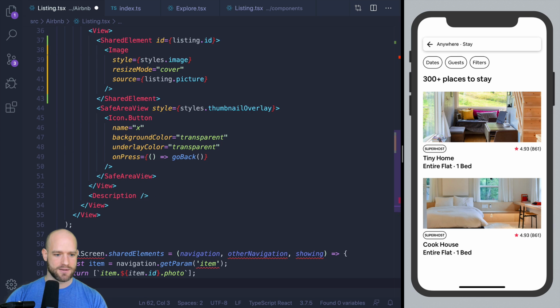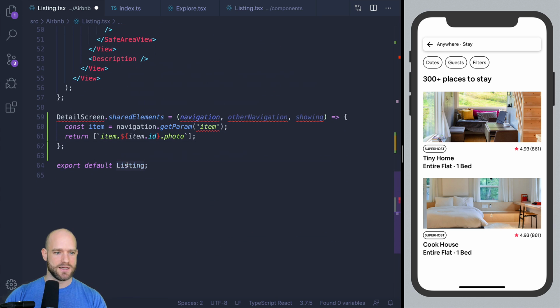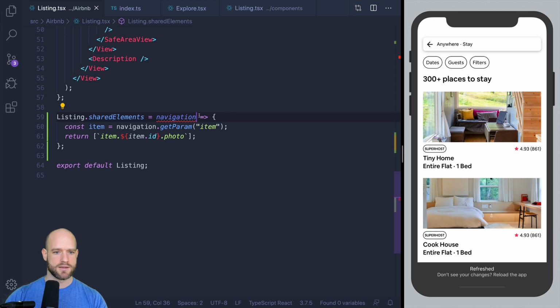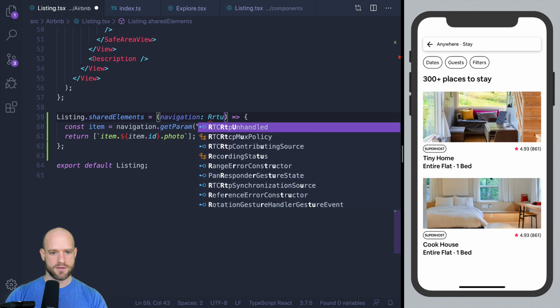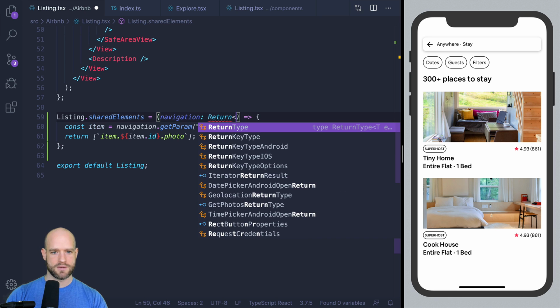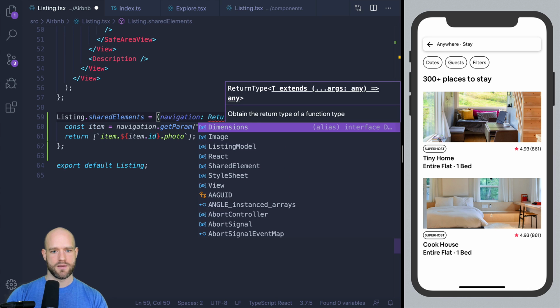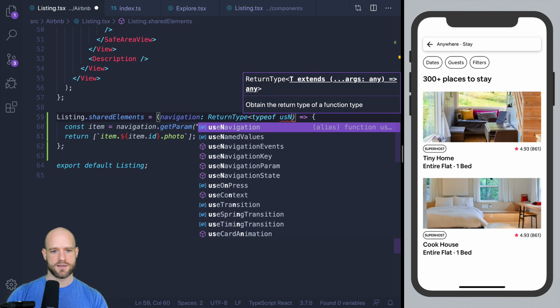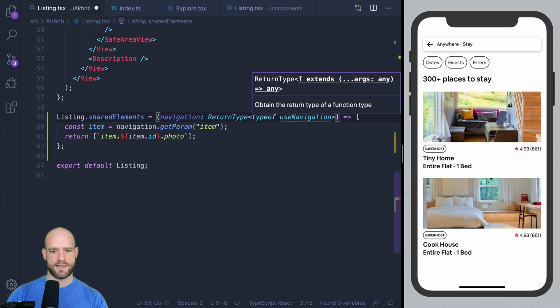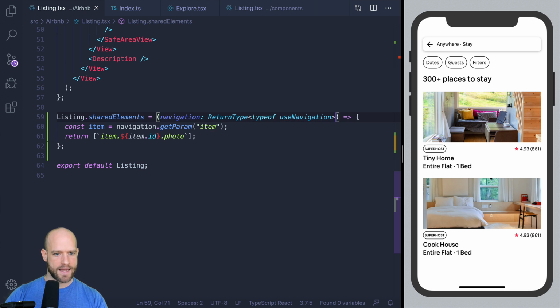So I'm going to add this method to the listing component and I'm going to need the navigation. Let me just add some type quickly. It's a return type of the type of use navigation. And we get listing as a parameter.